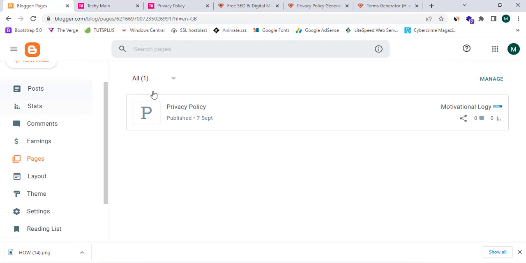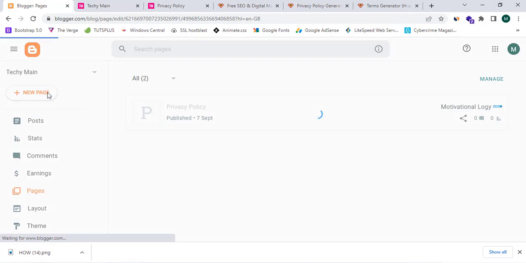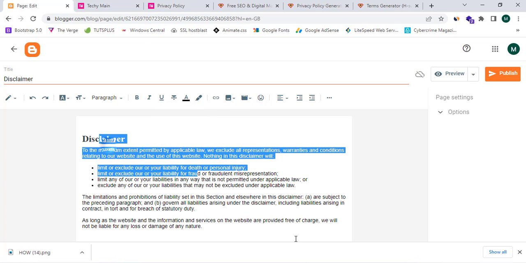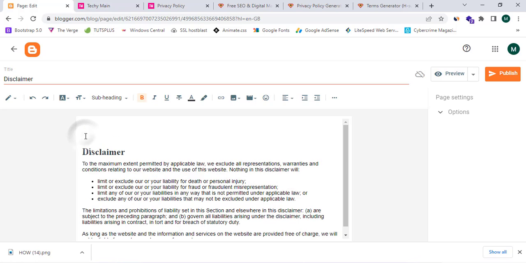So I can click on new page, and now I'm going to create a disclaimer page, and I can paste this disclaimer section over here, and I can enter a text name,